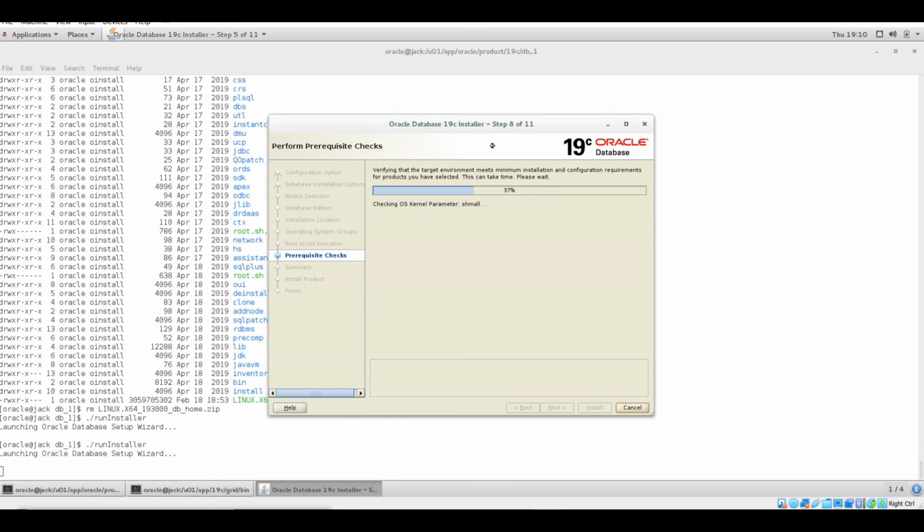So right now it is checking the prerequisites, after which the installation will start. It is checking every package and everything.